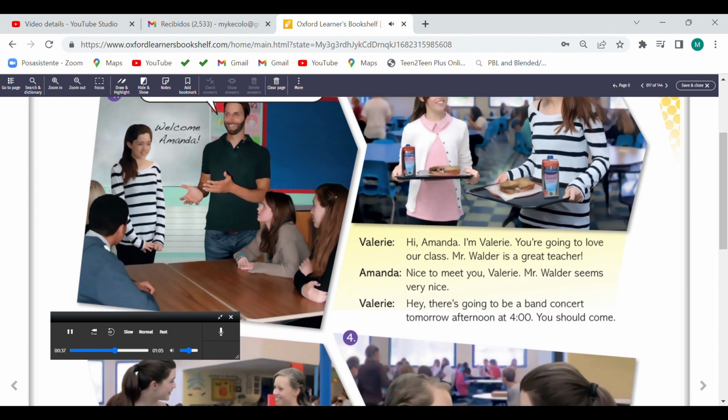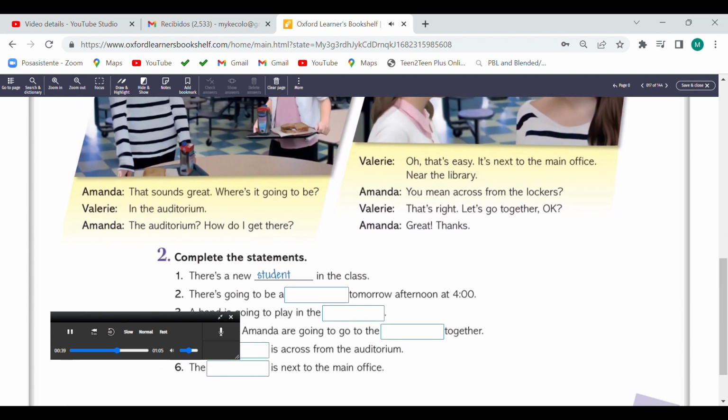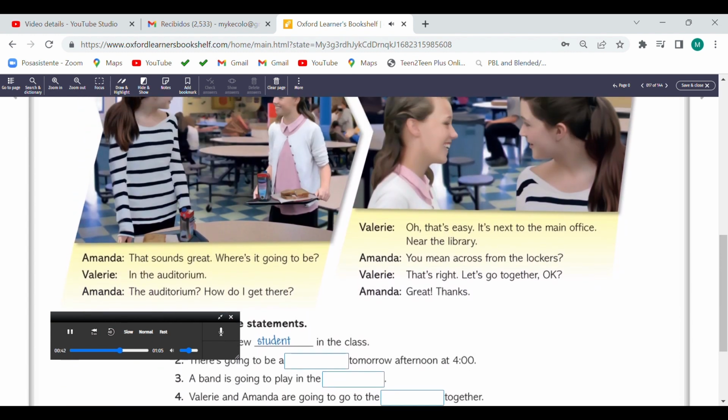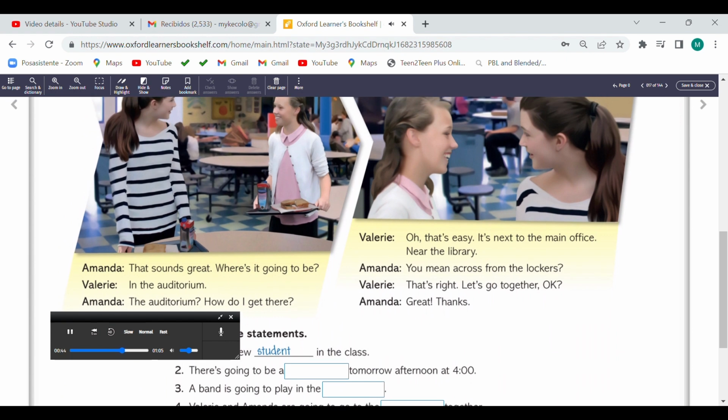You should come. 3. That sounds great. Where's it going to be? In the auditorium. The auditorium? How do I get there? 4. Oh, that's easy. It's next to the main office, near the library. You mean across from the lockers? That's right. Let's go together, okay? Great, thanks.